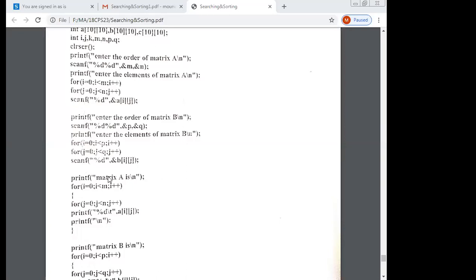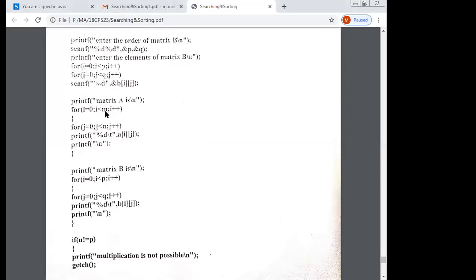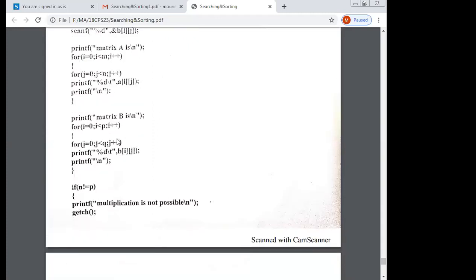Okay, so print the matrix A for i is equal to 0. You have written this statement, the iterative statement, there in reading the elements of array and writing the elements of array. So same you refer the video. If you are having any doubt you refer the video or you can refer the notes. For this purpose you refer reading the elements of array and writing the elements of array. So matrix B also you write.